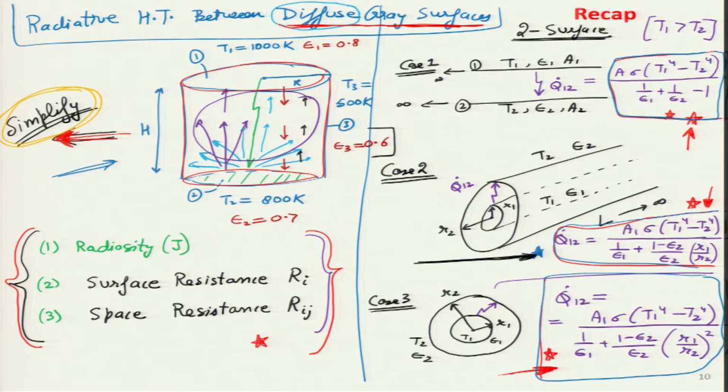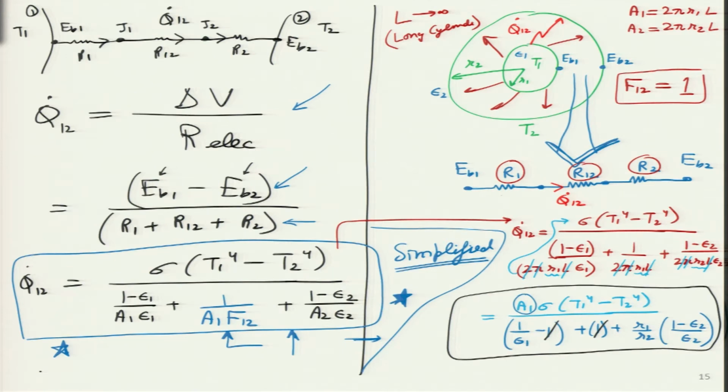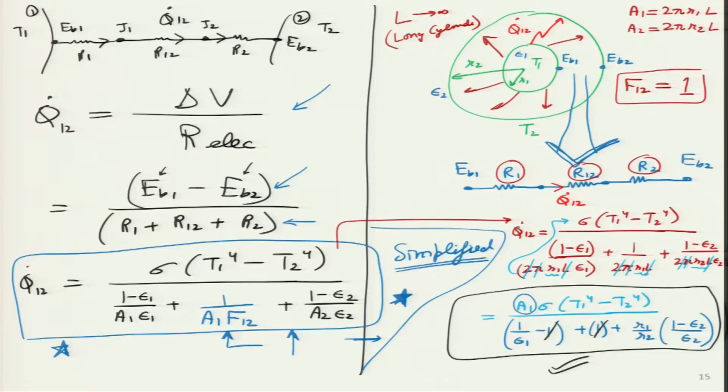All I have to remember is one term over here, total voltage drop divided by total resistance. Total voltage drop is simply EB1 minus EB2. Total resistance is for first surface, surface resistance, last surface, surface resistance, then the space resistance in between. So, it is as simple as remembering current is voltage divided by resistance. I hope you really understand this particular part now. Very quickly I will do one solved example, so that one numerical also we can do, but this one I am going to do slightly quickly, because I think concept wise it is all clear to us.